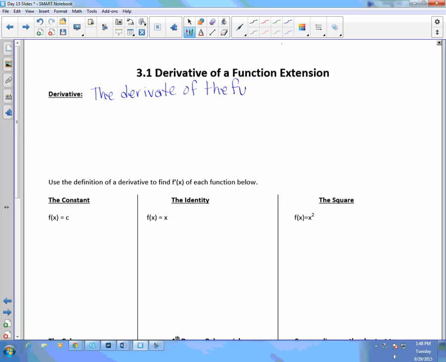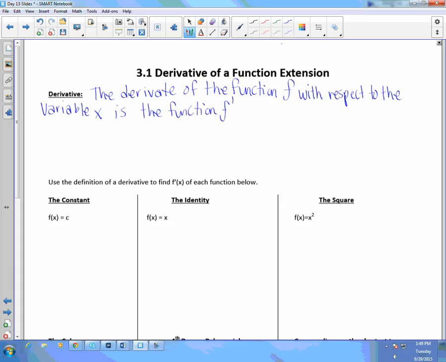The derivative of the function f with respect to the variable x is the function, we call this f prime, whose value at x is